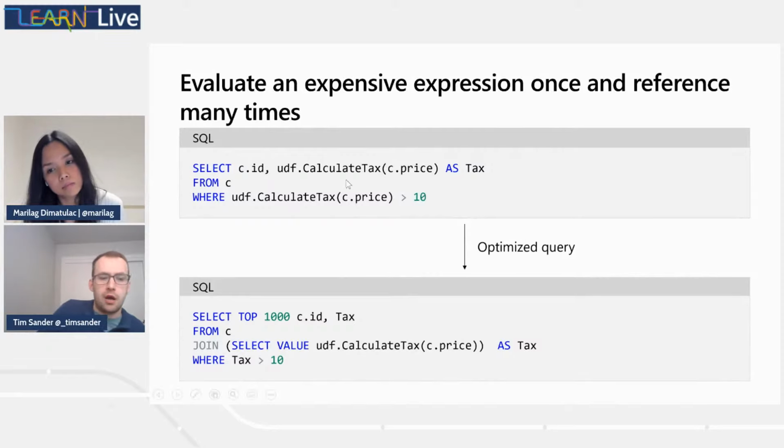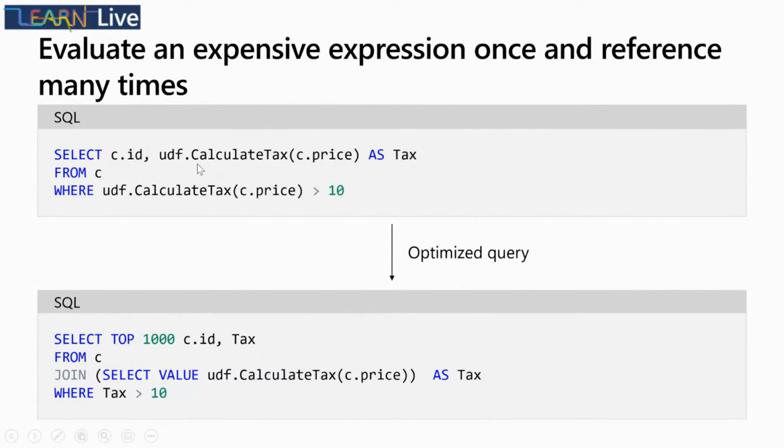And in this example here, we have a user-defined function named calculate tax that takes in price as an input. And basically what this user-defined function does is it calculates the tax based on this product's price. And if we were to write the query up here without a subquery, and we wanted to project the tax amount in the select clause and also filter on it in the where clause, in other words, basically filter to all the items where the tax will be greater than 10 and return the ID and tax amount for those